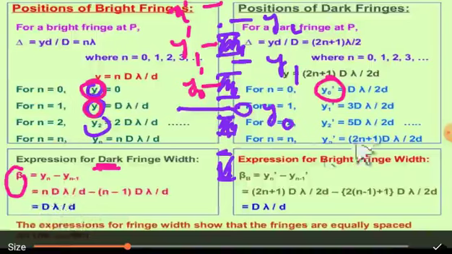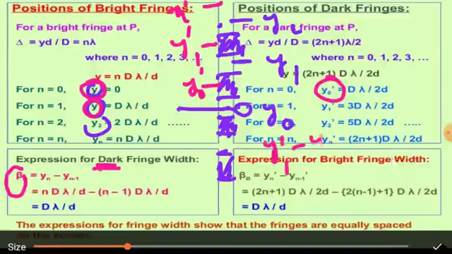And if you take it for the bright fringes, the width of the bright fringes will be given by the difference of any two consecutive dark fringes. Got it? The consecutive distance of dark fringes. If you take the difference of these two, then you will get the width of the bright fringes. Capital D lambda divided by 2d, these are common. So if you take a difference of this,